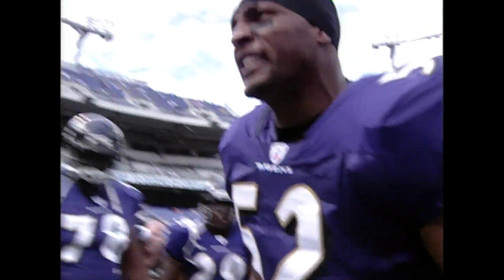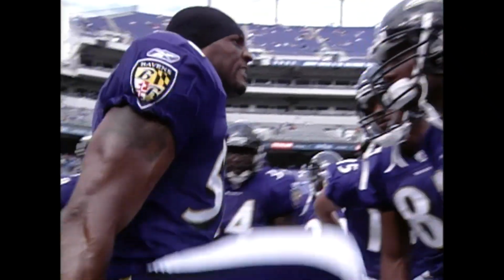Prove that point today. Rain in here! It's too much rain in here! It's too much rain in here today! What time is it? What time is